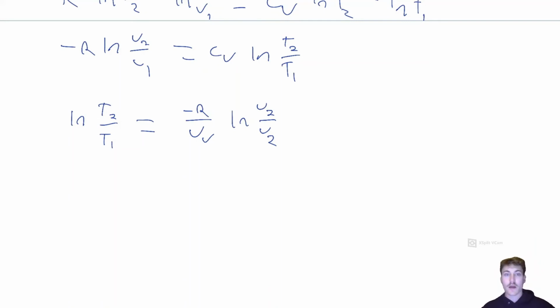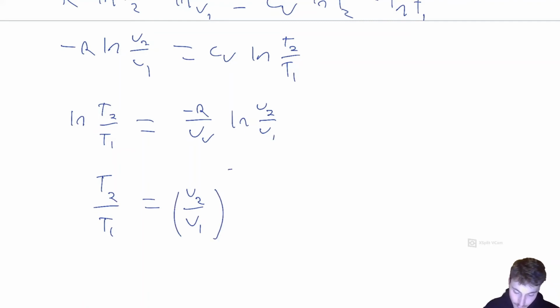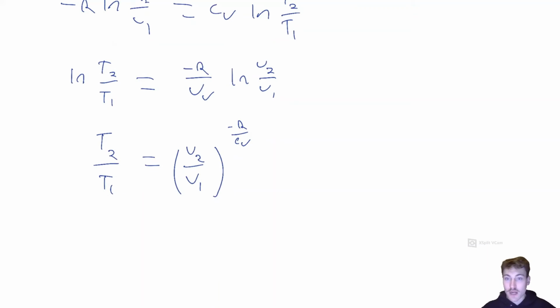We can take e to the natural logs just to get rid of these. So then this becomes T2 over T1 is equal to volume 2 over volume 1, to the negative R over CV. So here we've kind of derived the expression a little bit more,